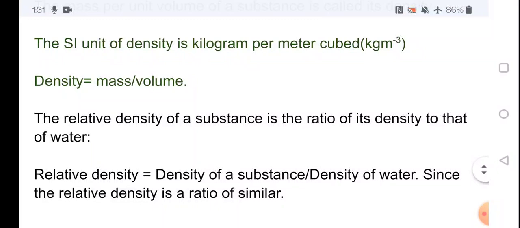The relative density of a substance is the ratio of its density to the density of water. Relative density means the ratio of the density of the object to the density of the water. Relative density is the density of a substance divided by the density of water. See that this is the ratio of the density of a substance divided by the density of water. Since relative density is a ratio of similar quantities,